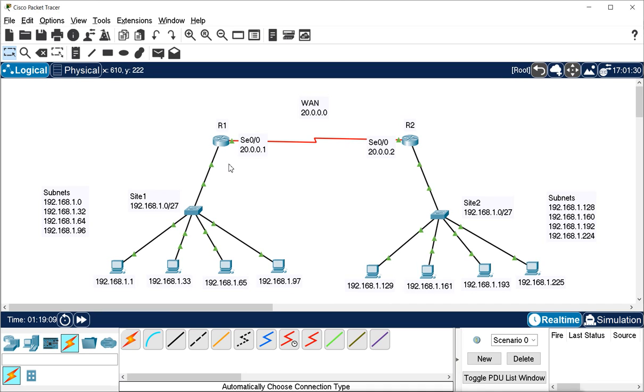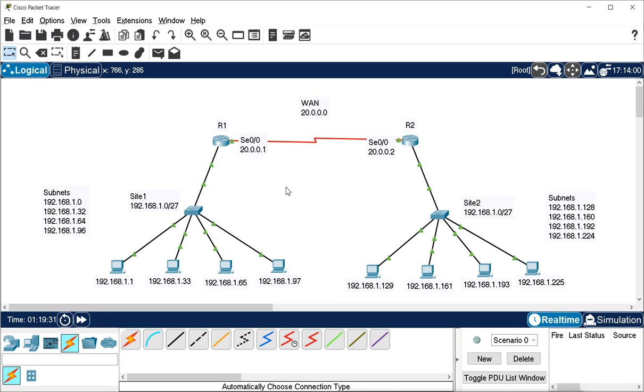So router 1 is sending only one entry for the routing table and router 2 is also sending only one entry. But when we disable the auto summary, router 1 will send that I have these 4 subnets, and router 2 will send that I have all these 4 subnets. And in the routing table of both routers, we will see these 4 subnets separately.